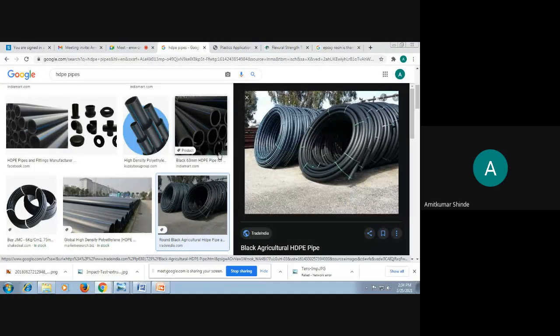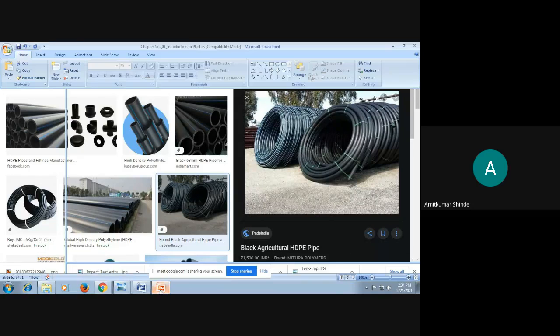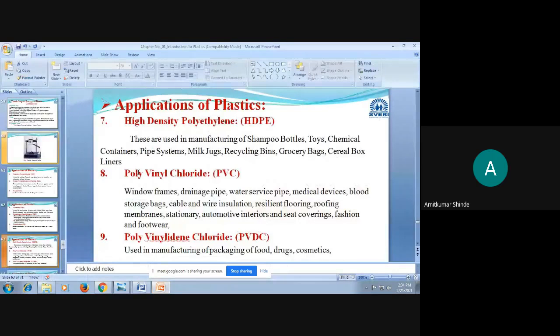These are the HDPE pipes which we are using in agricultural applications for watering our plants, or whichever vegetables or farming we are doing, for providing water to all plants. We are using these kinds of pipes. These are HDPE pipes, high density polyethylene pipes. Okay, and then next is